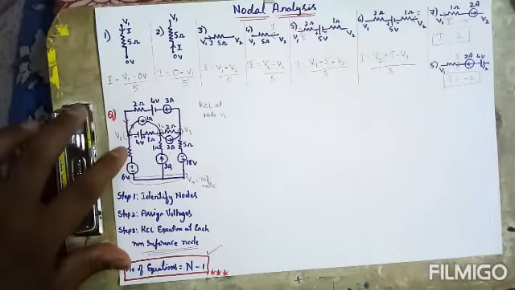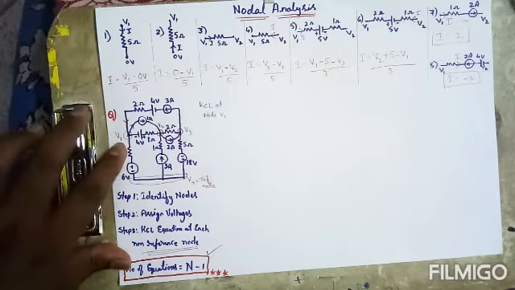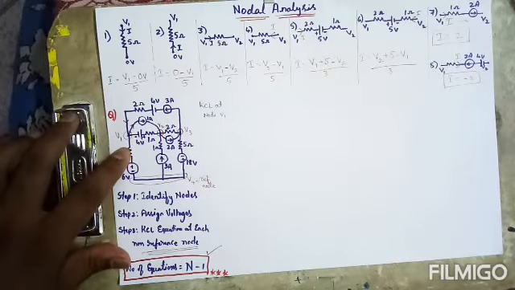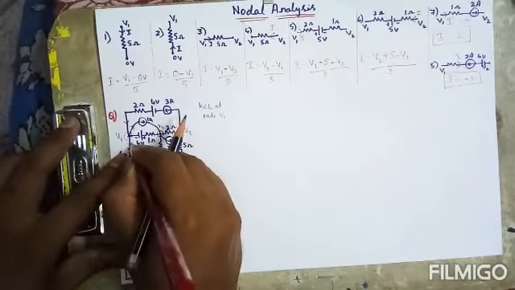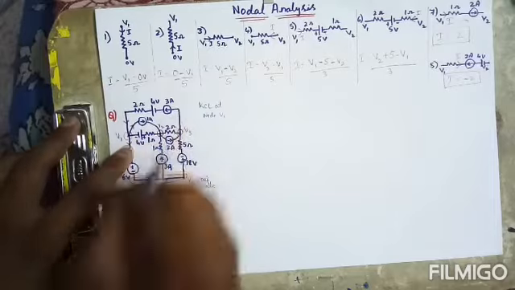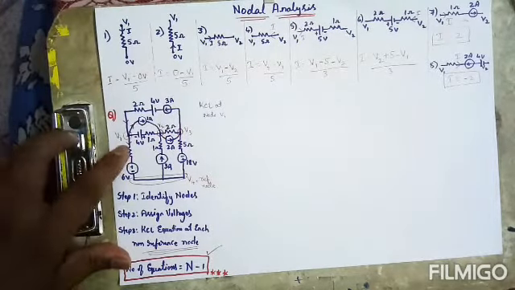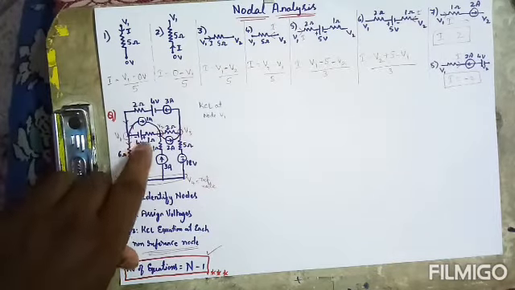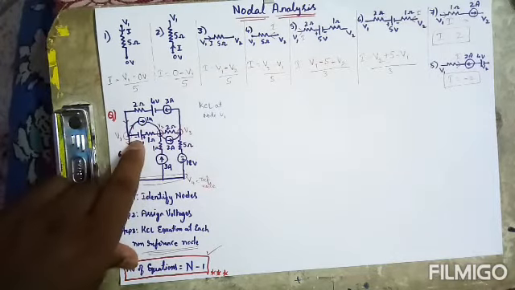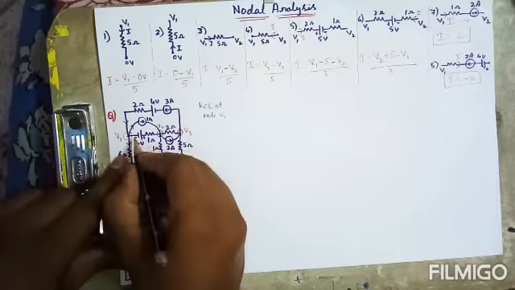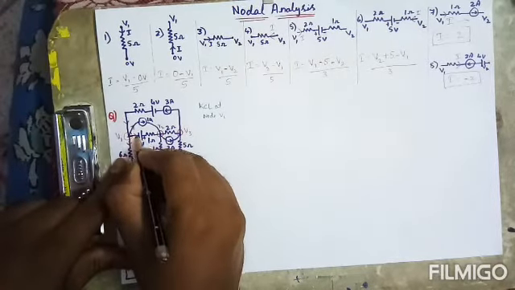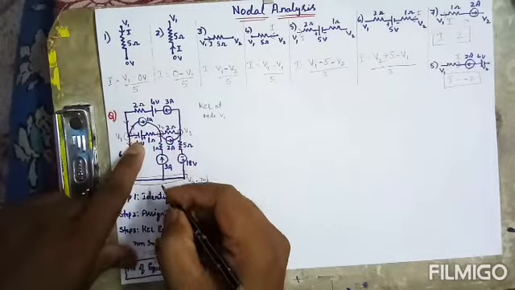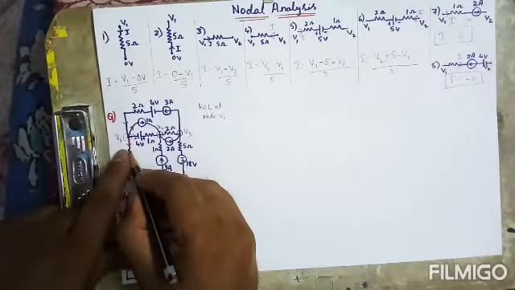Whereas here we don't have any current source in this branch. When you don't have a current source in the branch, the better option is to consider it as outgoing. To make it simple, I'll consider this as outgoing. Here also, in between V1 and V2, I don't have any current source, so here also I can assume the direction of current as outgoing. I'm just using a pencil to mark it. I'll tell you why. So in this branch the current is outgoing, and in this branch the current is outgoing.